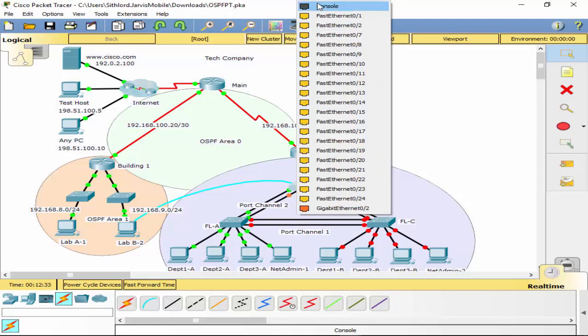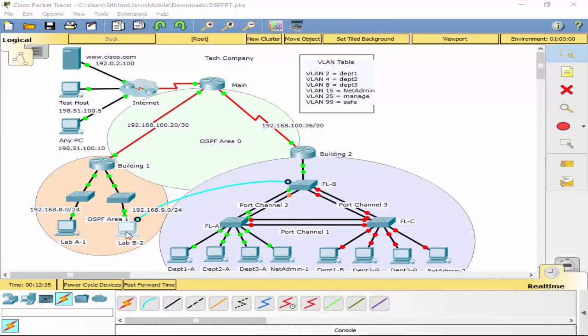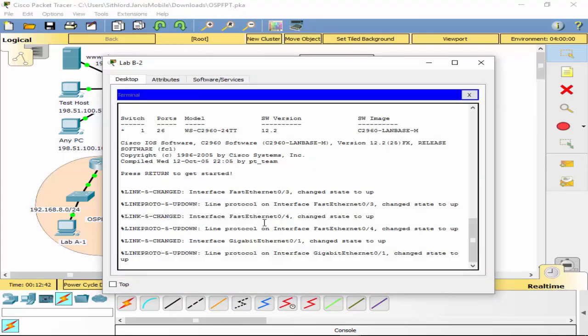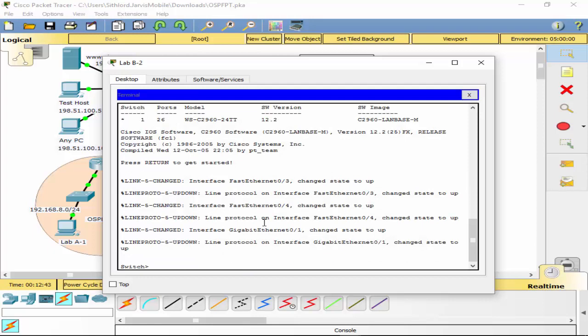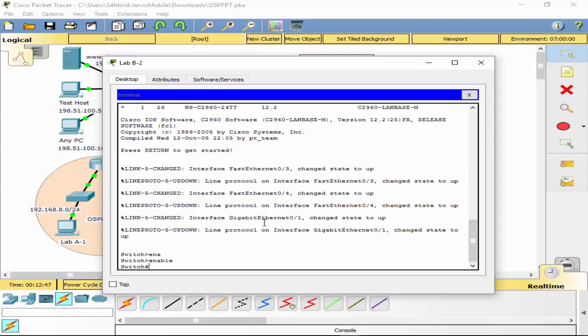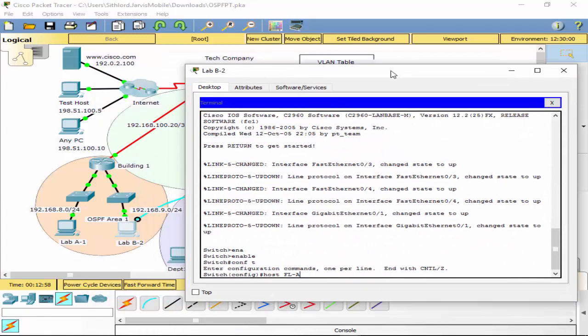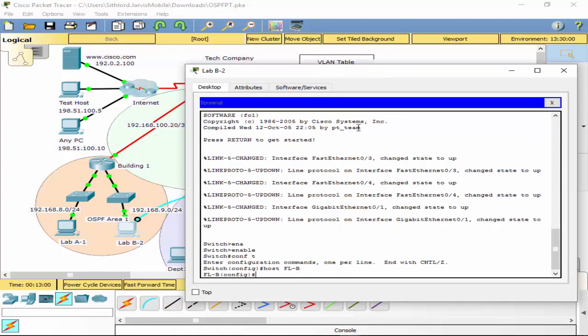Okay. Console into this switch. Oops. Terminal emulator. And we will name this one as well before we forget. FLA. Is that FLA? Nope, that's FLB. Okay, so FLB,